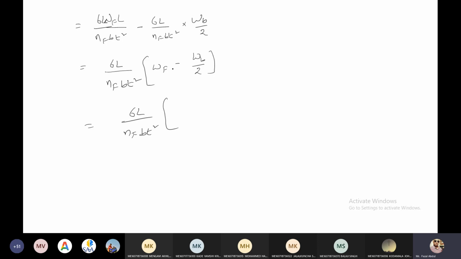WF we calculated 3NF by 2NG plus 3NF into W, minus NF NG W by 2 into 2NG plus 3NF. So simplify this one. So we will get